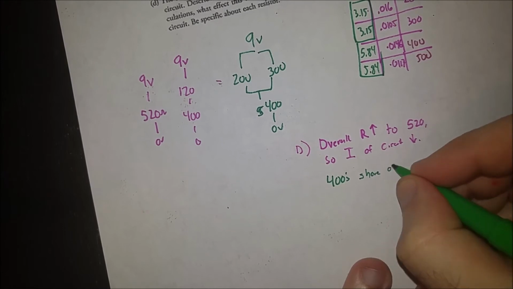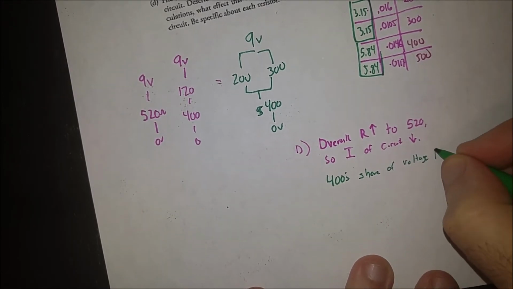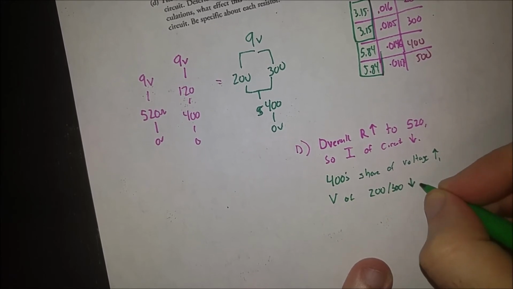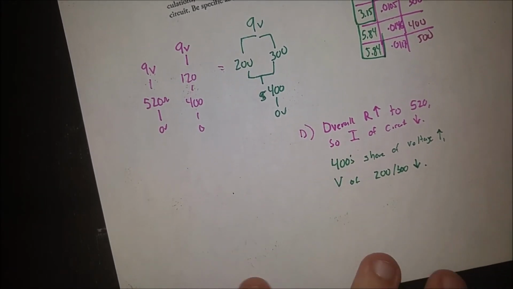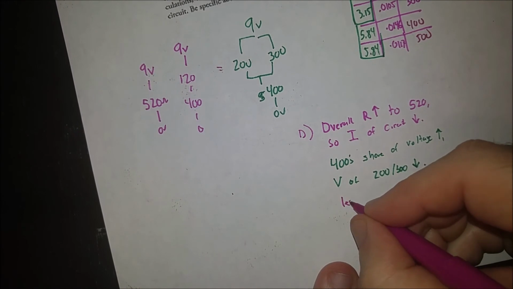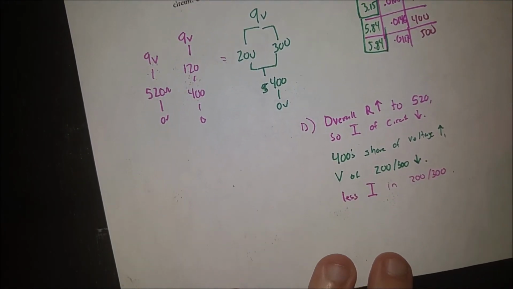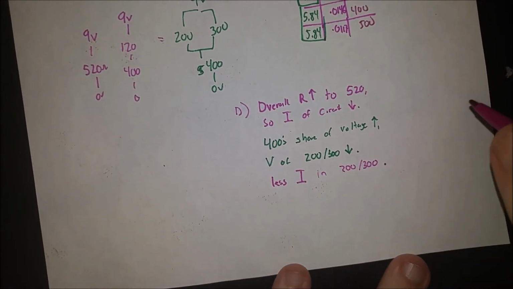Now, what I'm going to say here is that because it now has more resistance than the other part, it's going to have more of its share of voltage. Once again, what it's saying is that since it's way larger than 120, it's going to have way more voltage than the 120. So the 120 loses its share of push, the 400 gains a share, so it has more voltage because it went from the lower